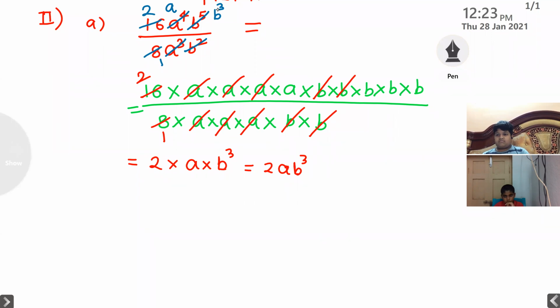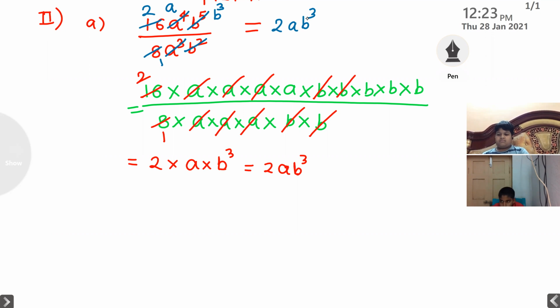Why I explain that method? If variable degree is very less, like 1, 2, 3, 4, 5, 6, we can do it. If variable degree is the highest type, then we cannot do like that. We cannot expand. Then learn this concept only, 2ab cube. This was the students' homework.